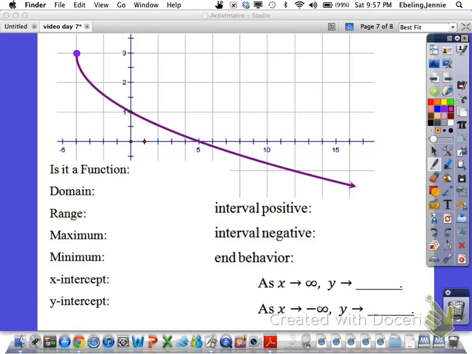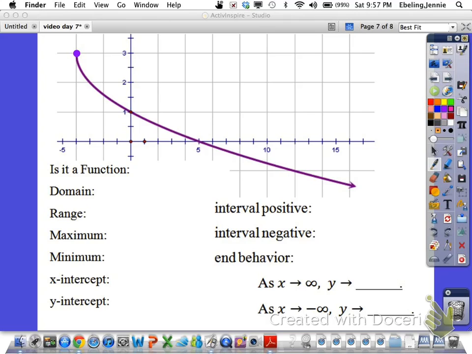Hi there, I just wanted to do one more graph with function questions on it for an example for you. In this example, we are still going to do the function questions just like we did in the previous two examples. It just didn't fit in with my other video, so I am going to talk through it separately here. Let's take a look at,